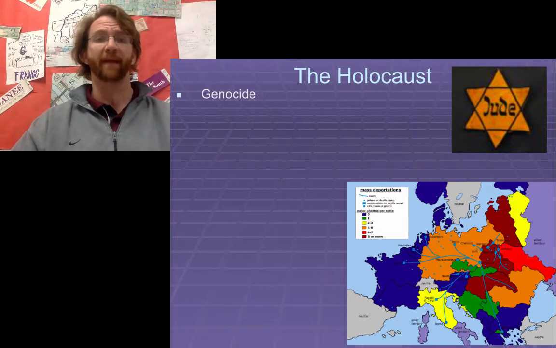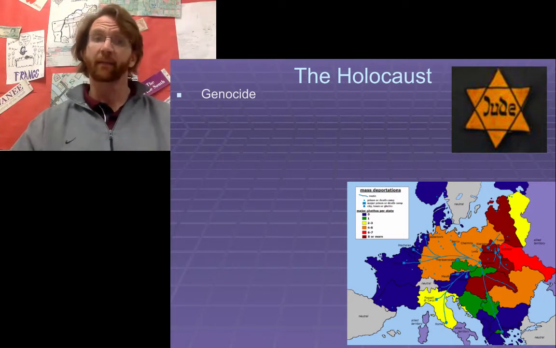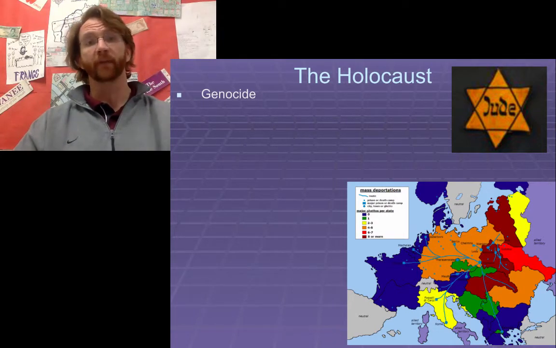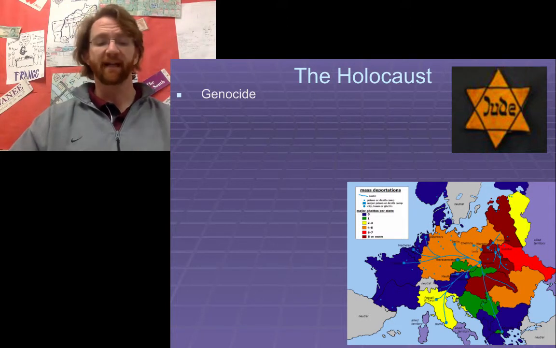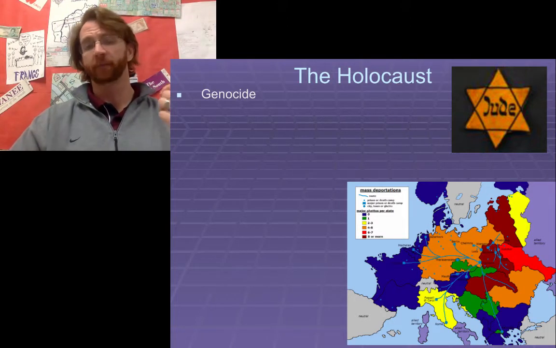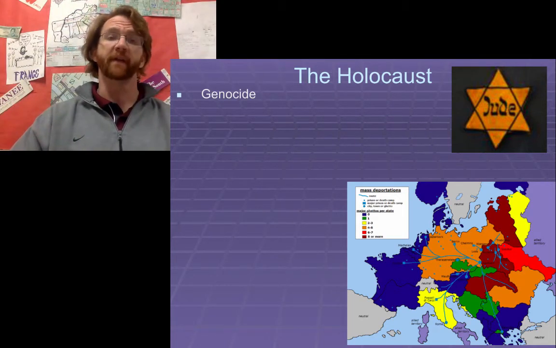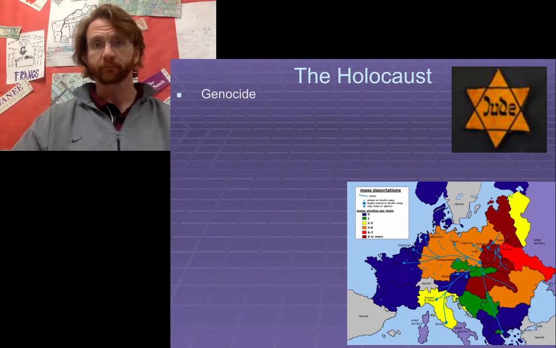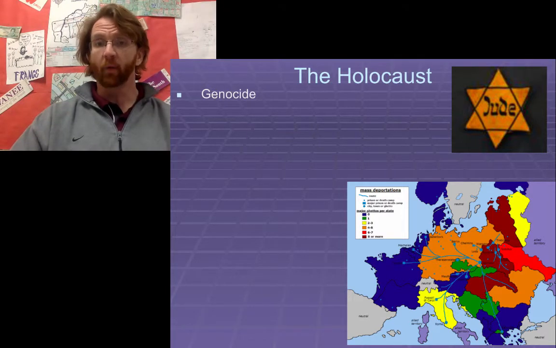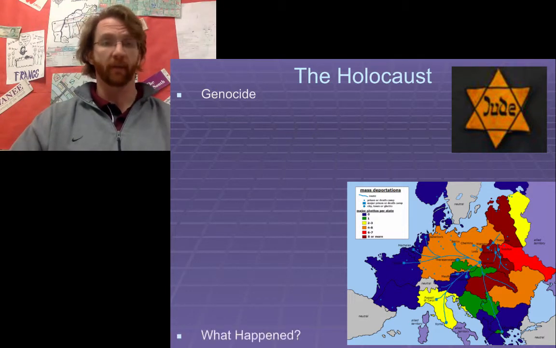This can take the form of mass deportations, kicking them out of your country, making them move from one place in the country to another. It can take the form of all of those. So the Holocaust in particular, obviously, you know that it took place in Germany. It took place during the era of World War II, and it was mainly perpetrated by the German Nazis.